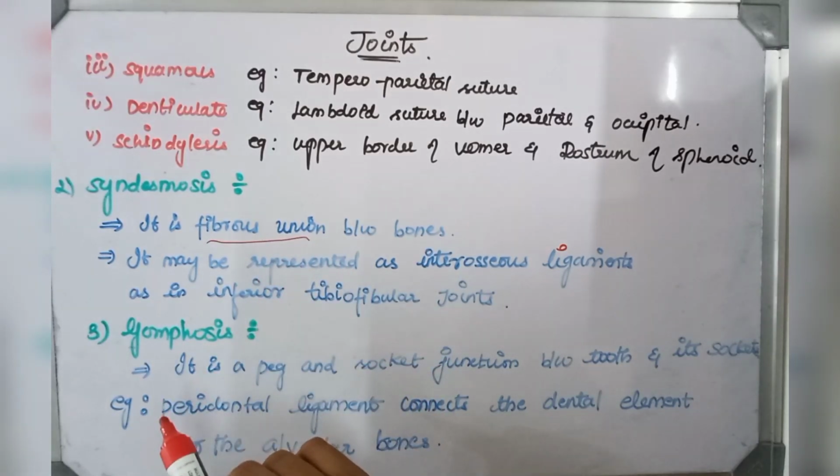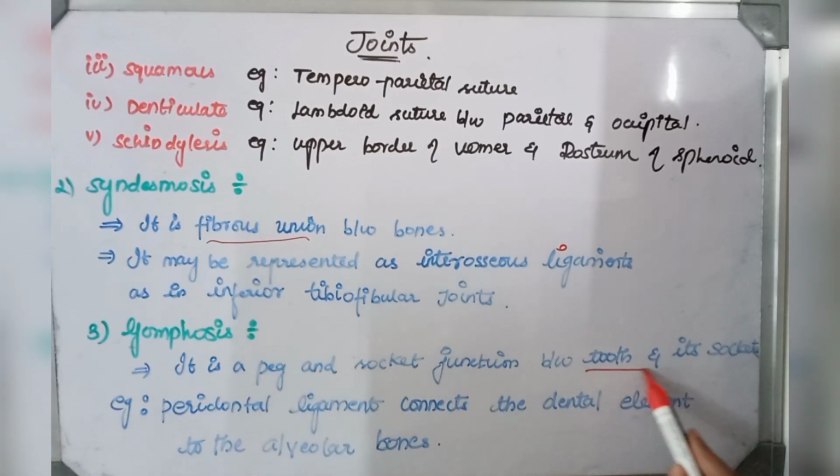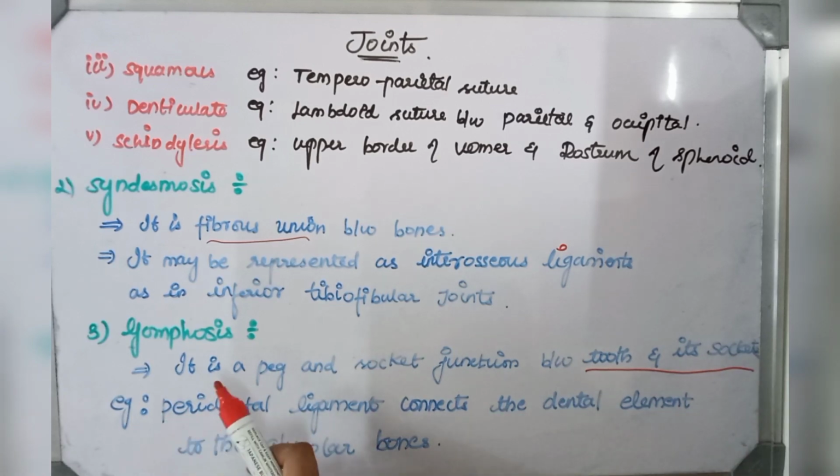And then finally gomphosis. It is a peg and socket junction between tooth and its socket. So gomphosis is a peg and socket type of junction between tooth and its socket. Examples: periodontal ligament connects the dental element to the alveolar bones. This is all about the